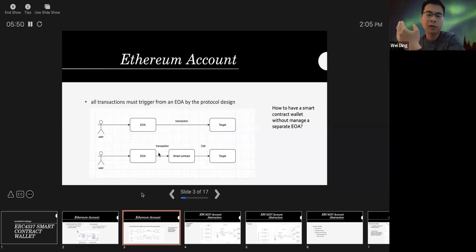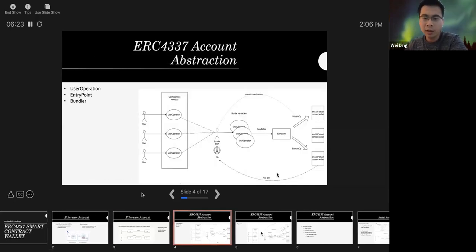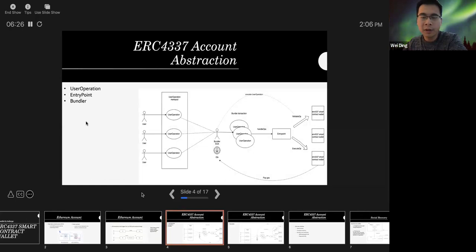There were other solutions before ERC4337, basically by introducing a new EVM opcode, and this requires a protocol change and can be very risky, since it modifies the consensus code. But with ERC4337, we can achieve account abstraction, and the user doesn't have to manage a separate EOA to send their transactions. To achieve that, ERC4337 introduced several roles.